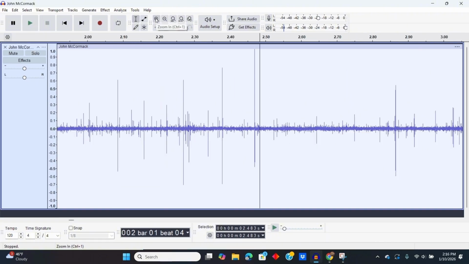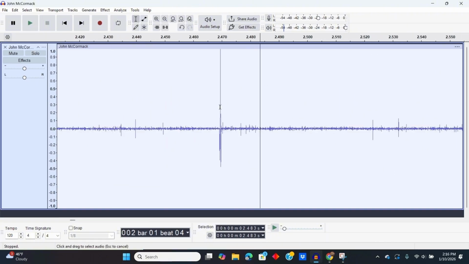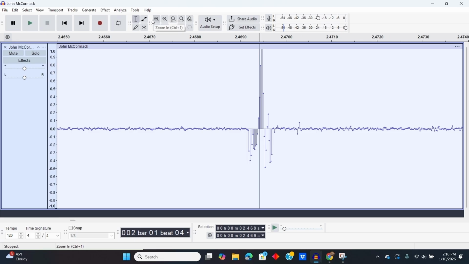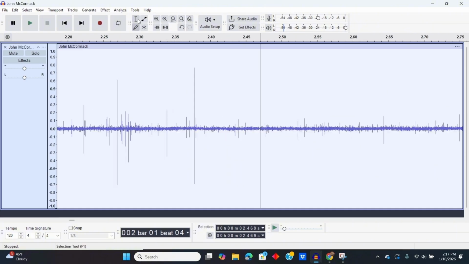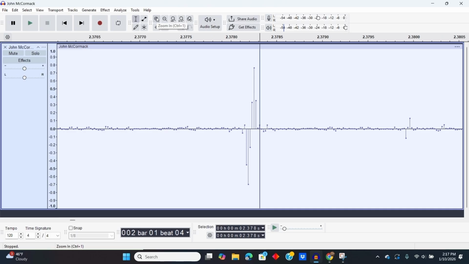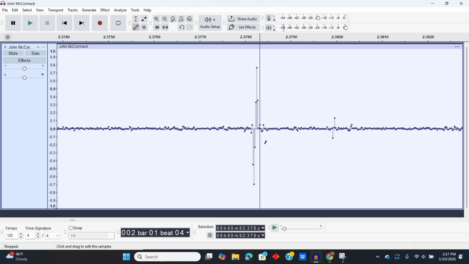But if you try and make repairs when the treble is very high, as you can see, we can see a lot of high frequencies. We can't see hardly anything in the low frequencies, and the frequencies that we can't see are the ones we're affecting the most. So when you do that, I just picked this click at random, so I don't know if it's gonna do it, but if you try and touch it up,